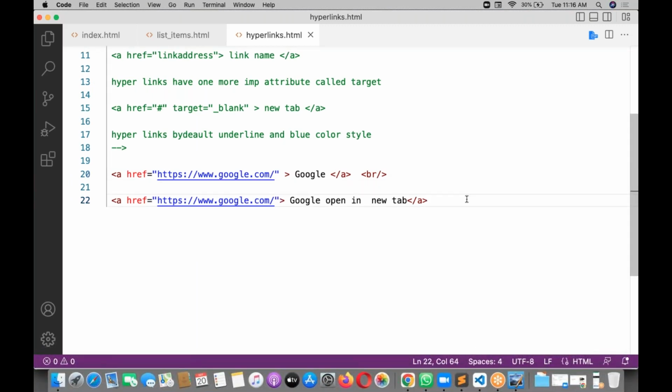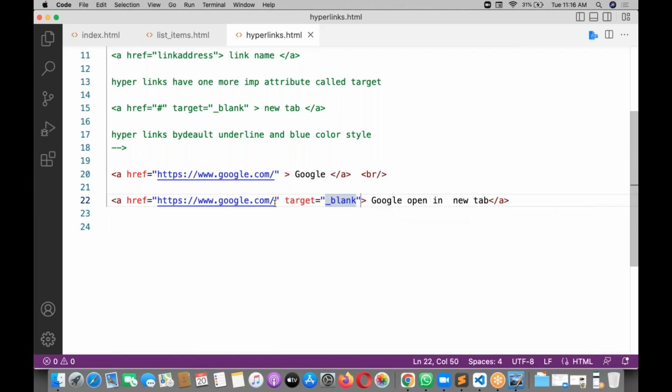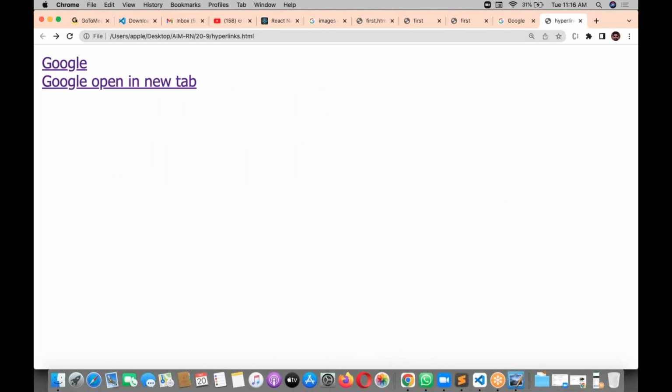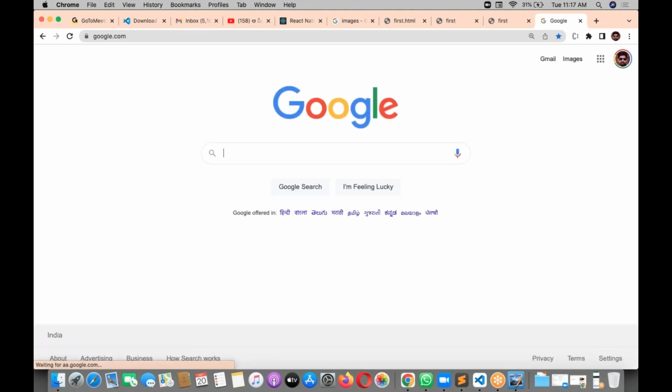And HTML is not case sensitive. If you write a capital letter, it will work, but sometimes it will not. Now, I just want to open a new tab, so what do I do? Target underscore blank. When I give target underscore blank, the second link opens in a new tab. Can you see and observe a new tab is opening? Click on this, a new tab opens. But when you click on the first one, the link connects in the same tab.